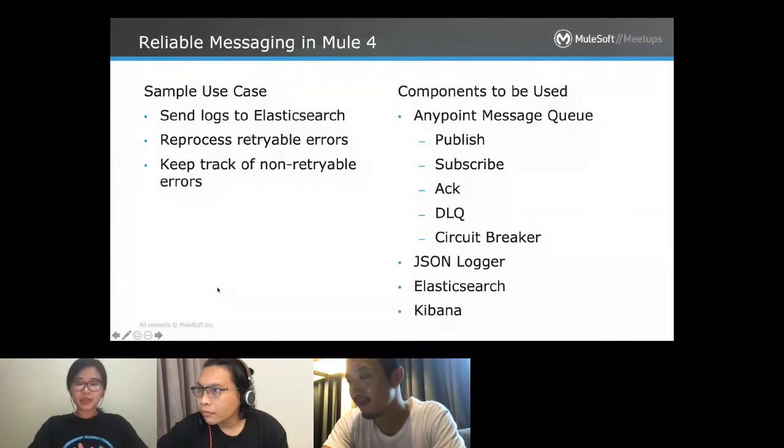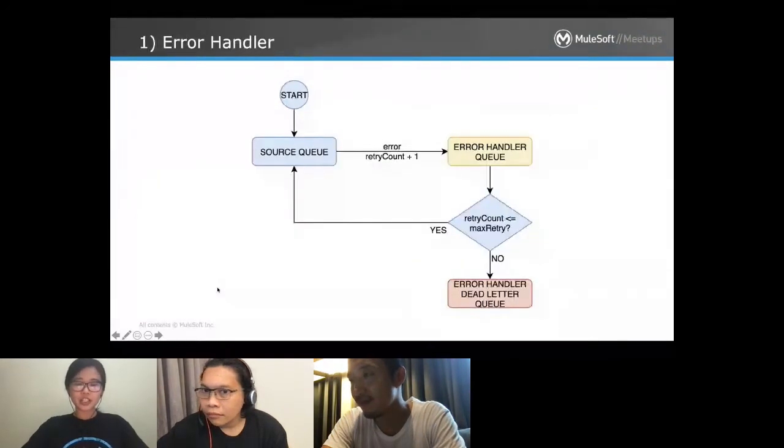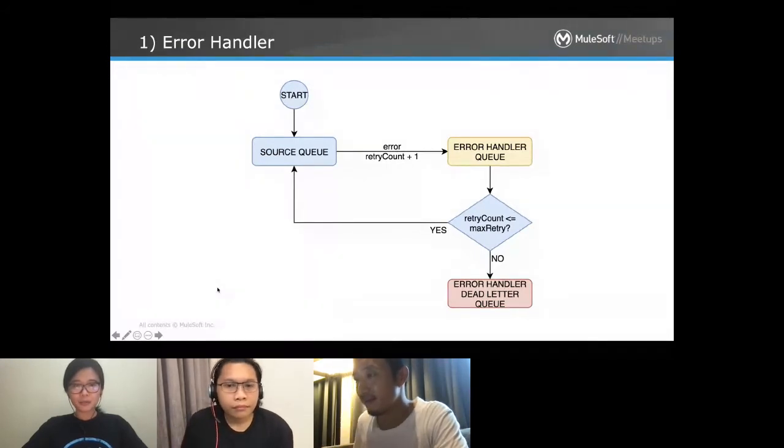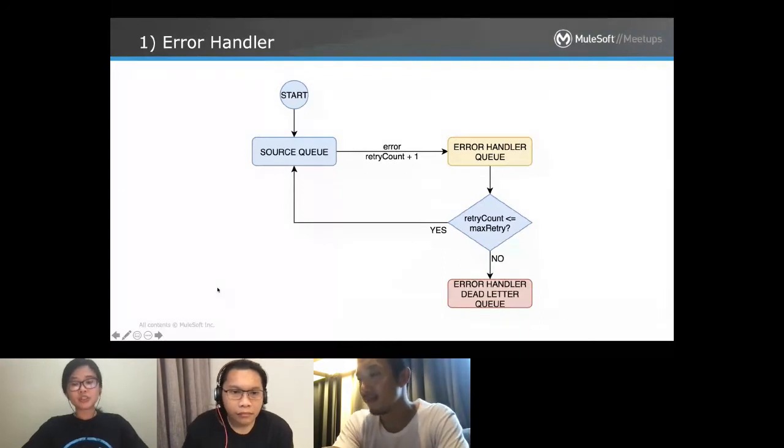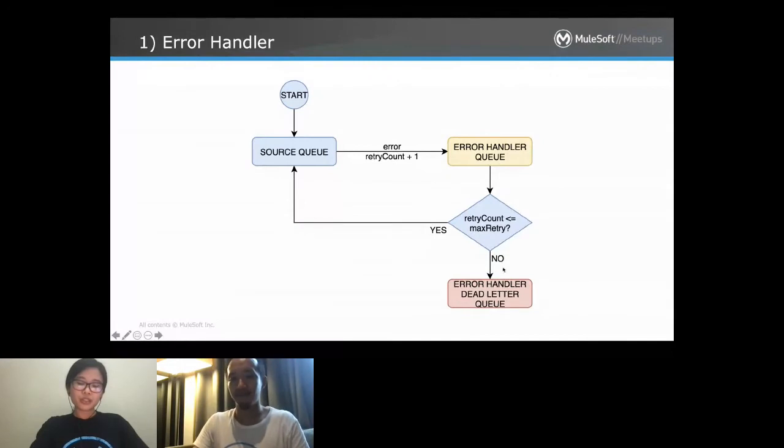There are two ways we want to show you how we can achieve reliable messaging. The first one we would call the error handler approach, because in this option we would be leveraging MuleSoft Anypoint Studio's on-error scope. What we want to focus on here is that we are retrying, but we don't want to retry infinitely.